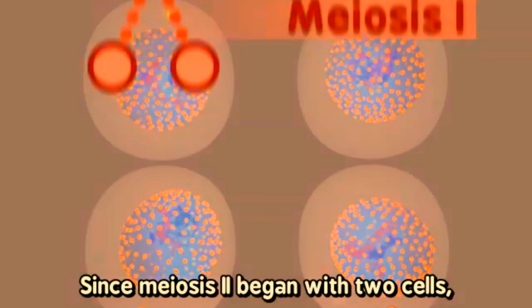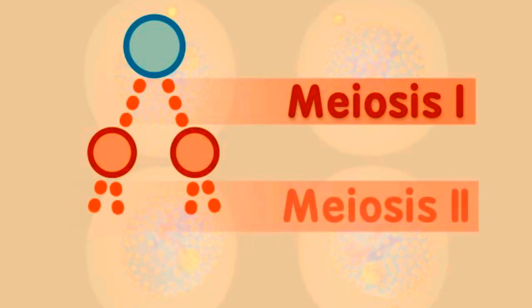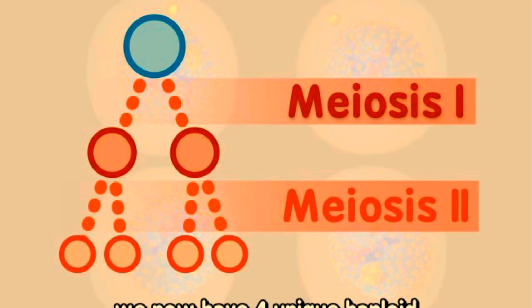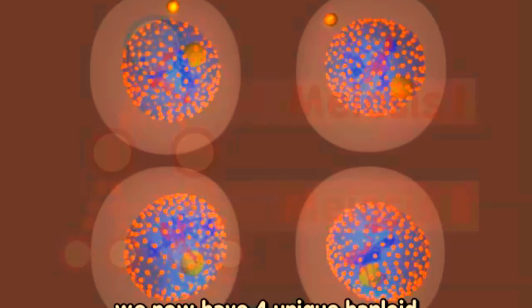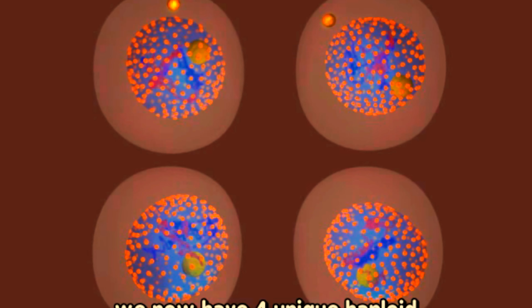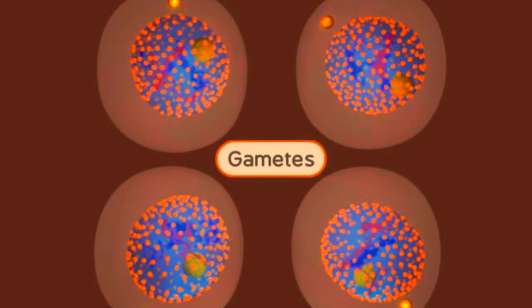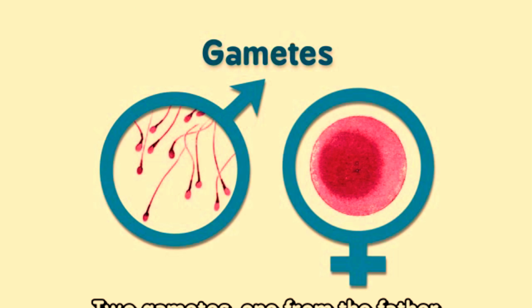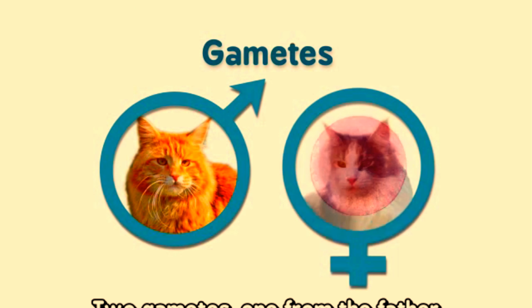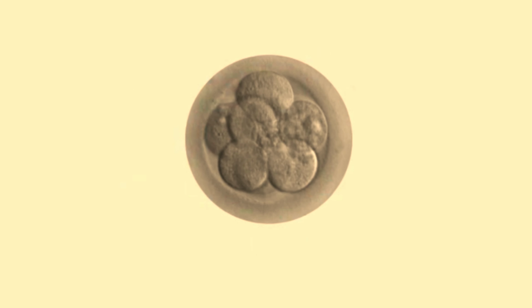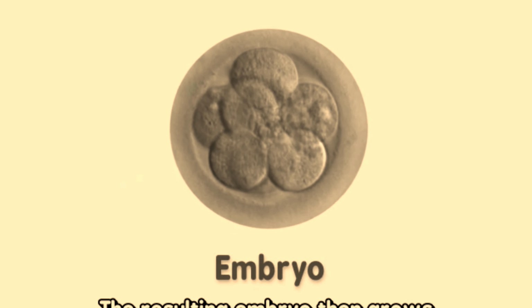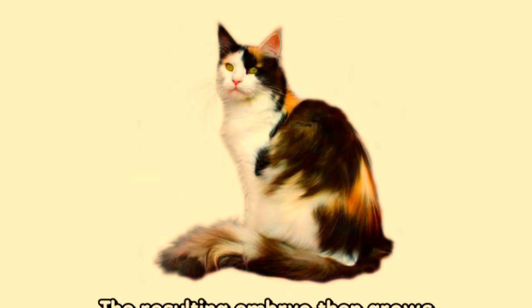Since meiosis 2 begins with two cells, and each of these cells was split into two cells, we now have four unique haploid cells at the end of meiosis. These cells are gametes. Two gametes, one from the father and one from the mother, may fuse to produce a diploid embryo. The resulting embryo then grows through many cycles of mitosis,